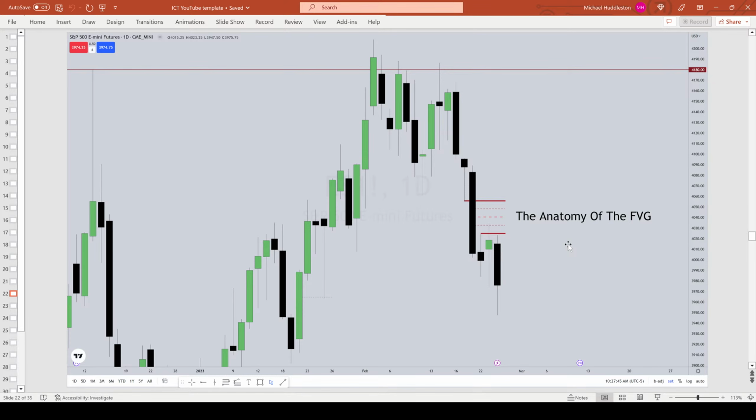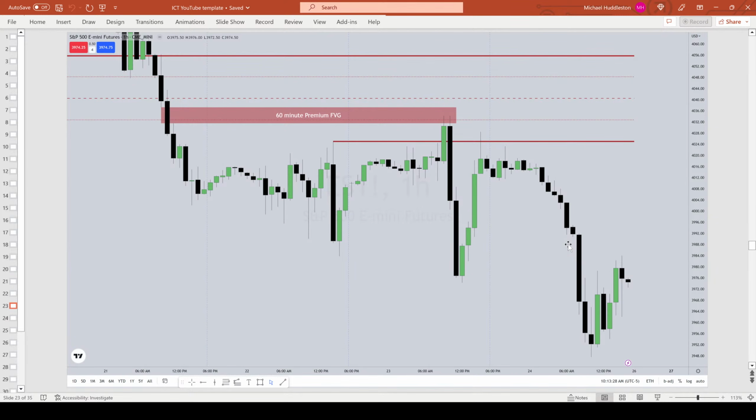Those levels, if we take those levels and add them to the hourly chart, watching the live stream on Thursday morning when you heard me talking with my son, the low here, the fair value gap here was at the low end of what? The high, upper quarter, midpoint, lower quarter, low of that daily fair value gap. Look where that 60-minute fair value gap resides? Right at that lower quadrant.